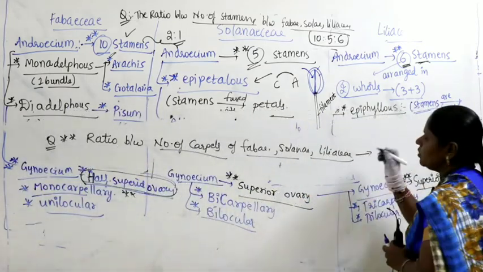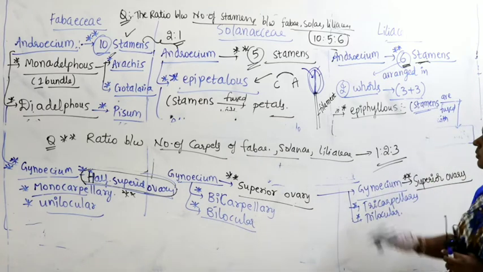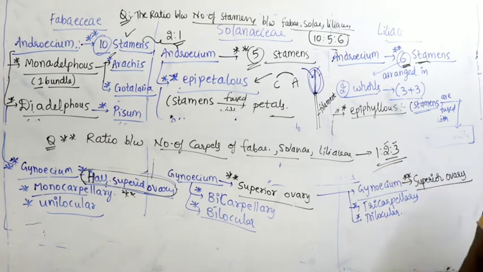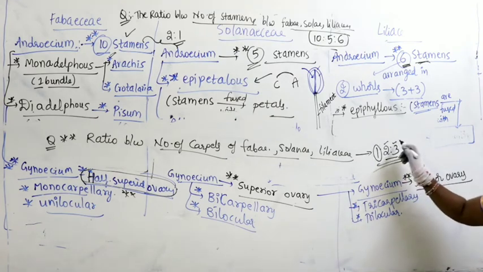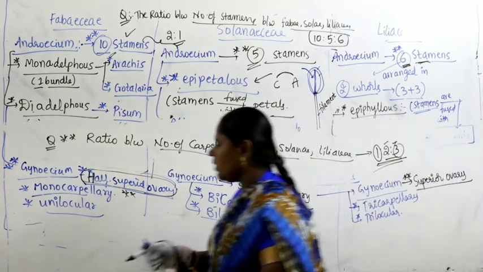So, what is the ratio you will write? 1:2:3. Suppose if they ask between Solanaceae and Liliaceae, 2:3. If they ask between Fabaceae and Liliaceae, that is 1:3. As per the question, you have to choose the right option. Right. Then, coming to